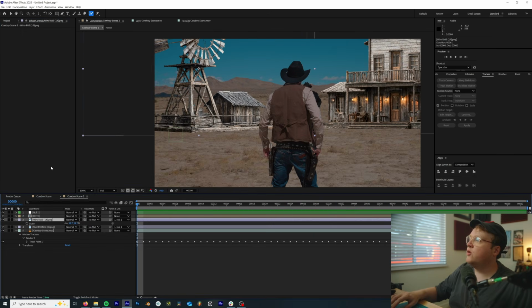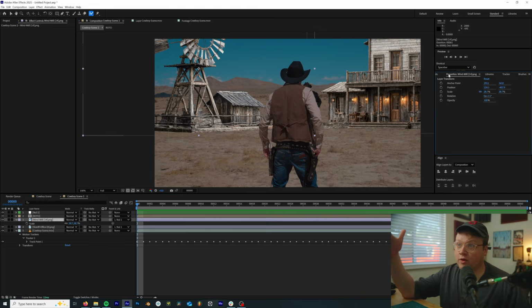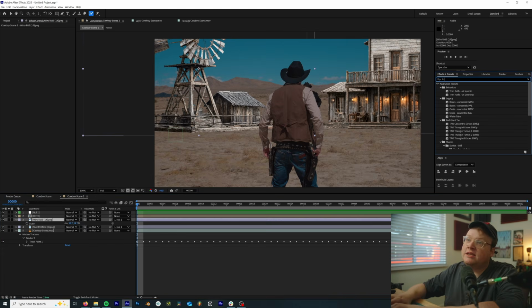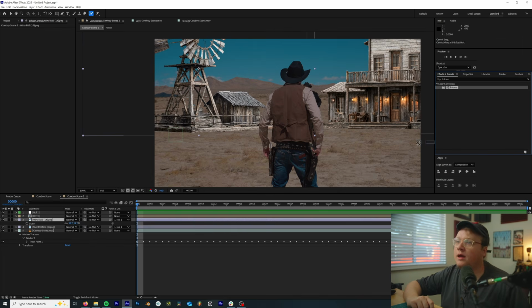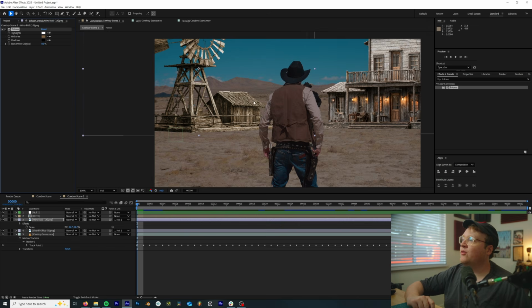So let's go in here. And one of my favorite tools to use is Tritone. So let's go on over to effects and presets and type in Tritone. And let's do it to the windmill first. And it will make it sepia tone. And basically we're mapping the highlights to white, we're mapping the midtones to brown, and the shadows to